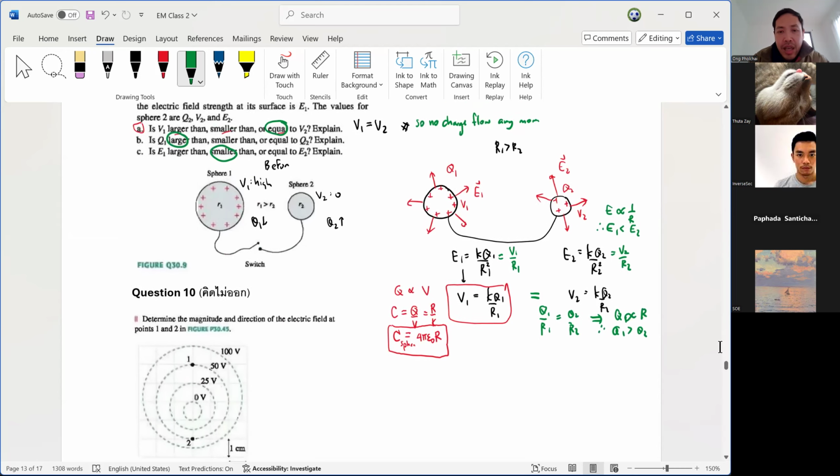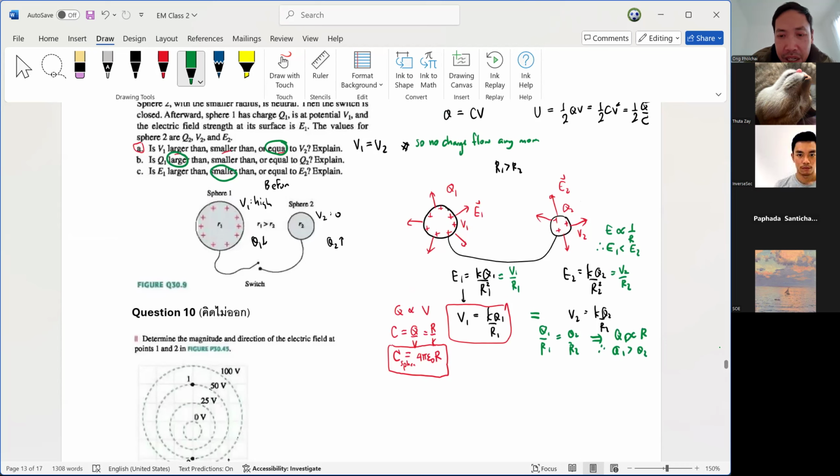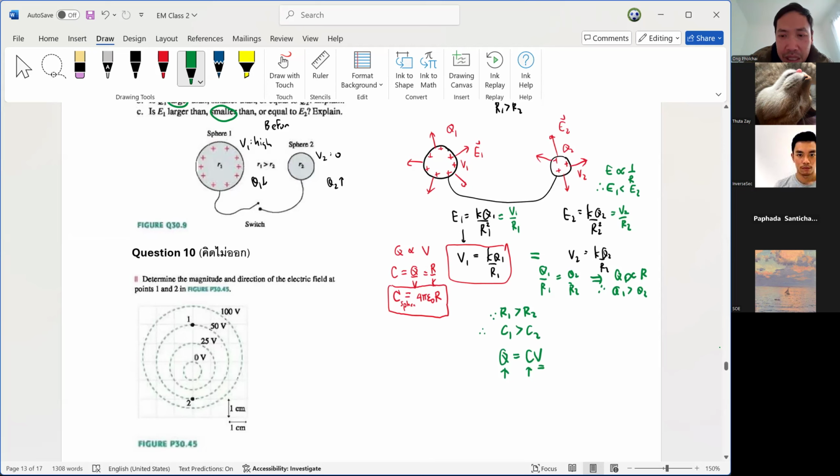Okay. Now you see clearly that C1 must be larger, because R1 is bigger than R2, then C1 is also bigger than C2, which makes perfect sense, right? A bigger sphere would have bigger capacitance. And once we know that we have more capacitance, we have this formula Q equals CV. Because V has to be the same, if C is large, Q has to be large. Does it make sense? Because C1 is larger than C2, then Q1 must be larger than